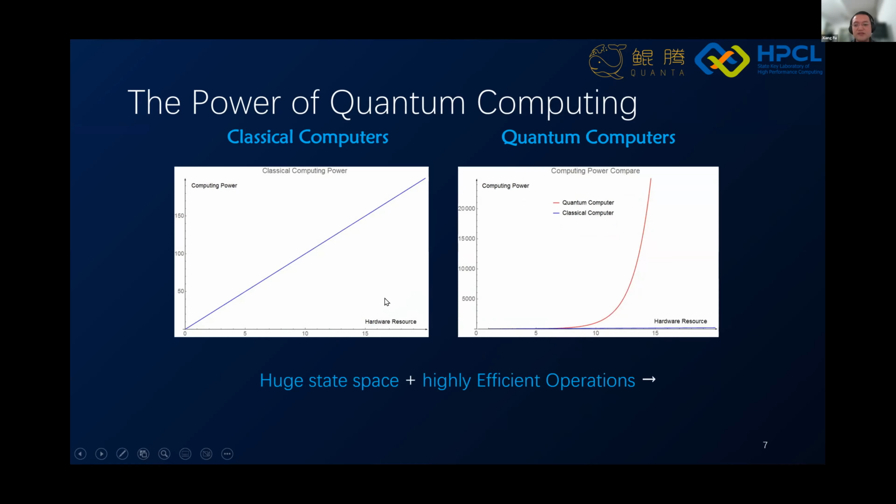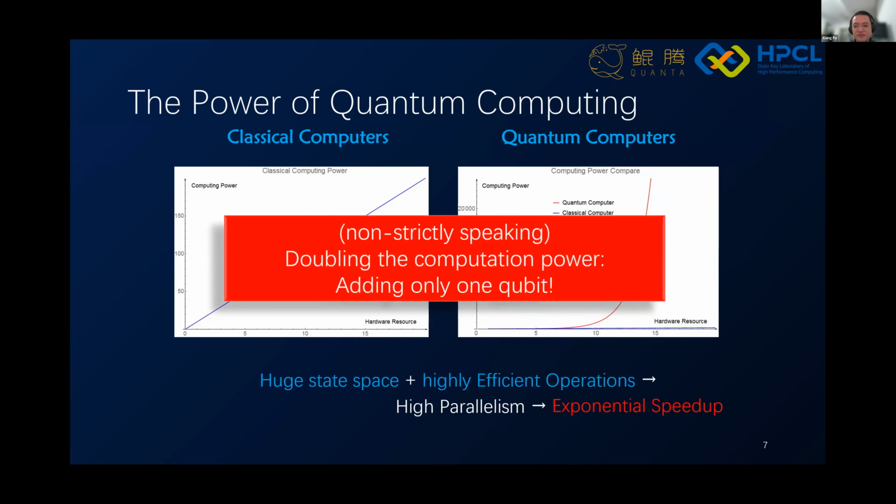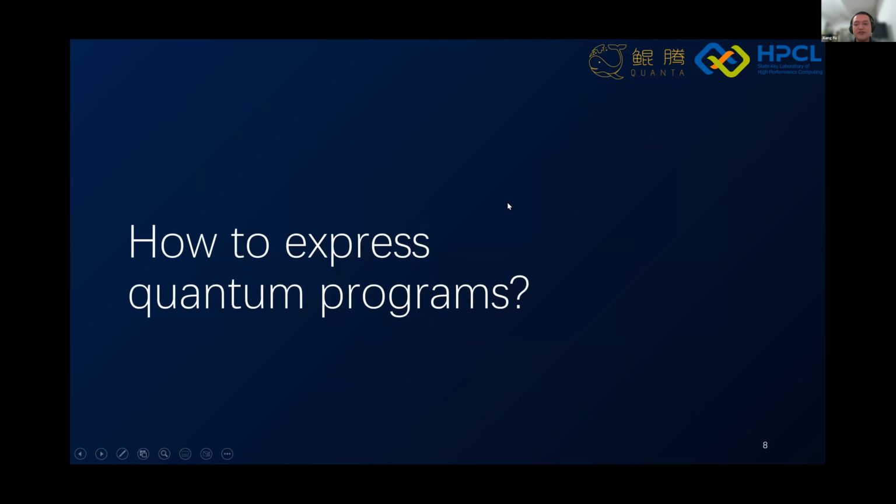So a huge state space plus highly efficient operations gives high parallelism, which forms the foundation for exponential speedup. Non-strictly speaking, if we want to double the quantum computing power, we need to add only 1 qubit. That's the story. So how do we express quantum programs?